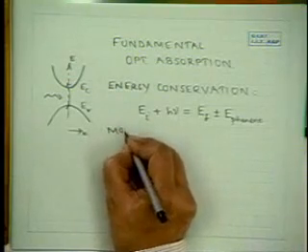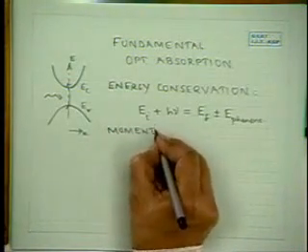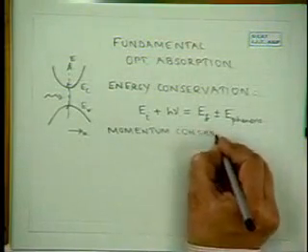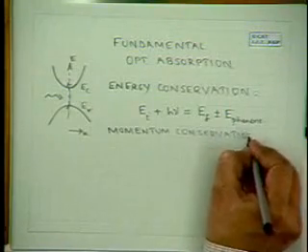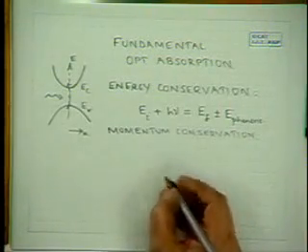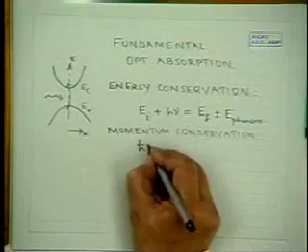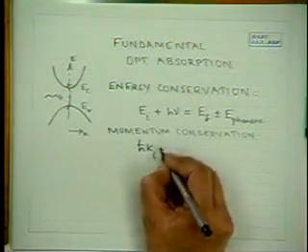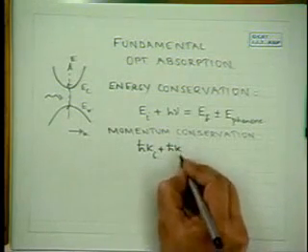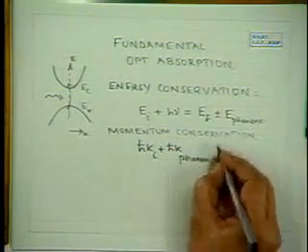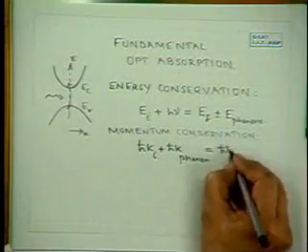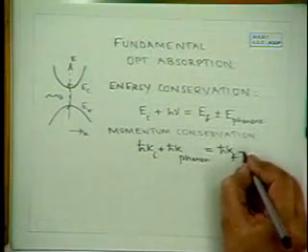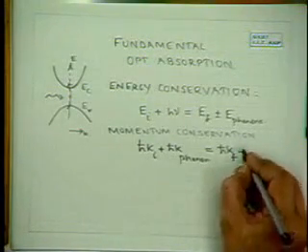The momentum conservation laws always have to be satisfied, and this implies that the momentum of the electron h cross ki plus the momentum of the phonon must be equal to h cross kf, the momentum of the electron in the final state, plus h cross